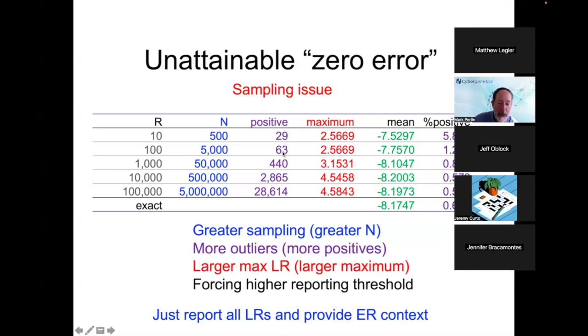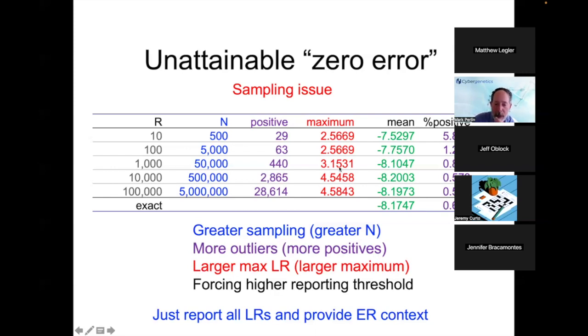If you look at the text underneath, if you have greater sampling with more comparisons, and this was done the old way, with actually making these comparisons, N keeps increasing. And as N increases, in purple, you see the number of positives increase. You're going to get more outliers, more higher match statistics as you get more positives. And if you look at the red column